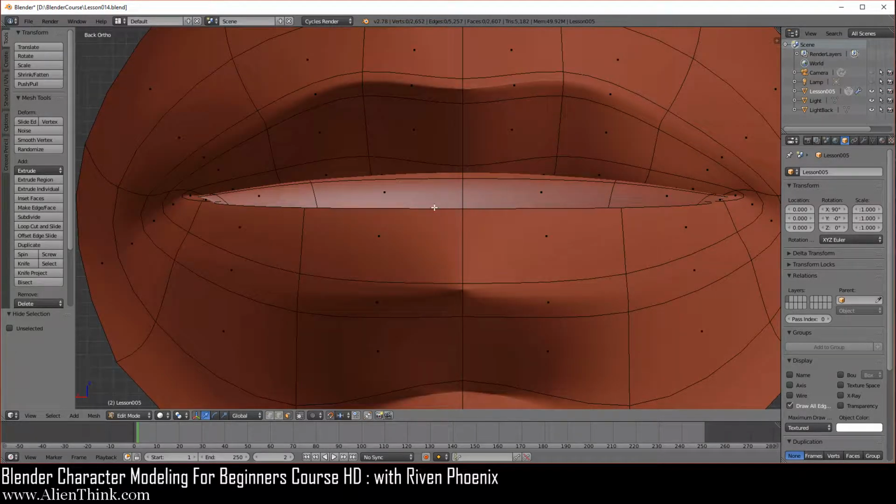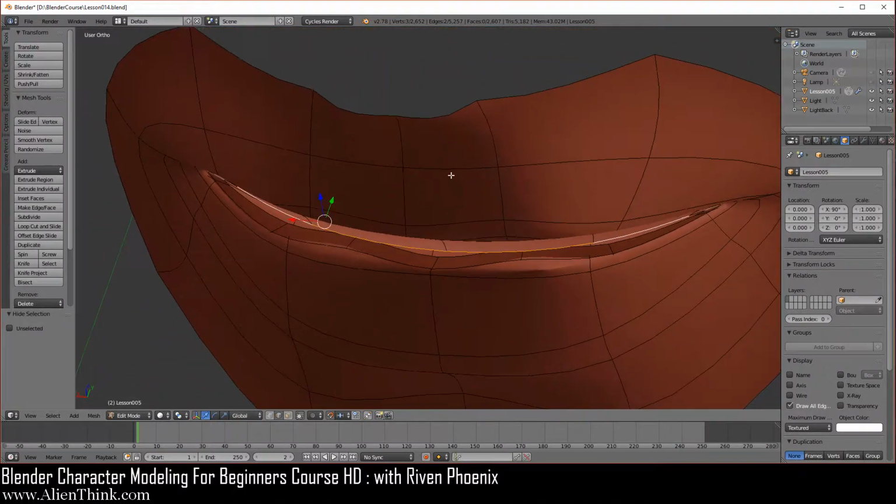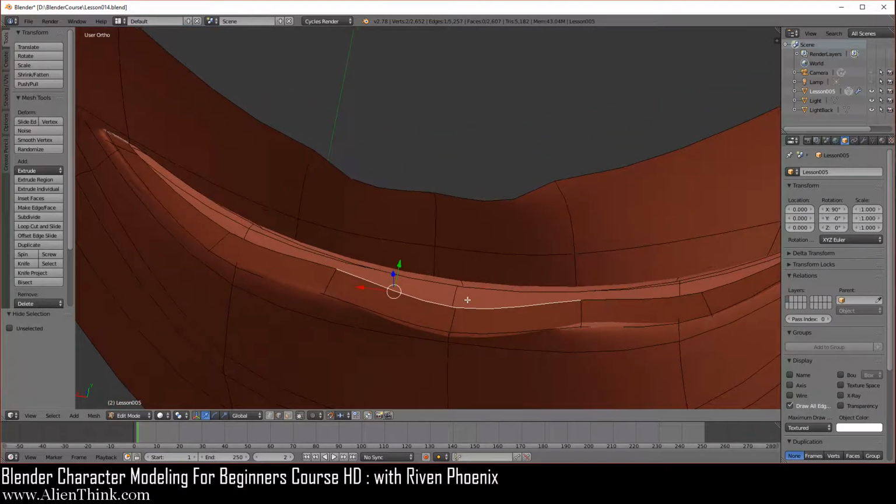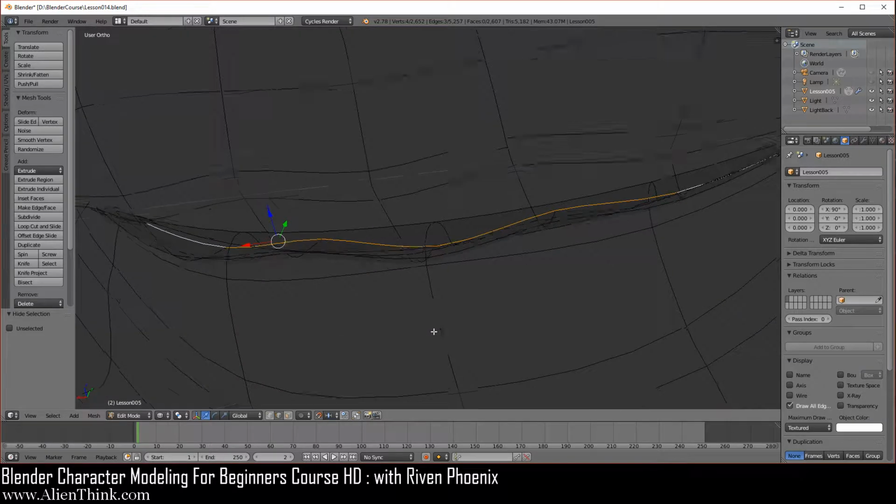So now over here, if you follow this exactly, what you should have is this idea over here. If I click on the edges, so this is actually coming from the bottom of the lip, right? So we need to actually come in over here. You'll see that it's hidden. Click on these 3 edges, right? If you do Z, you'll see where this is.